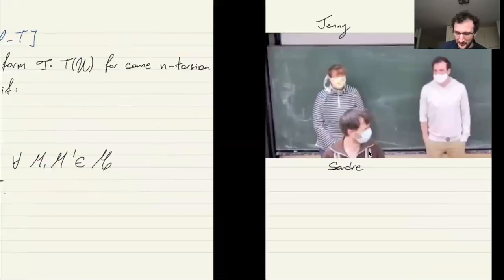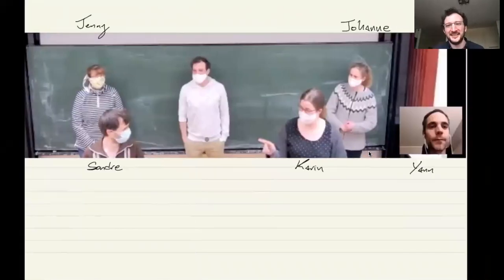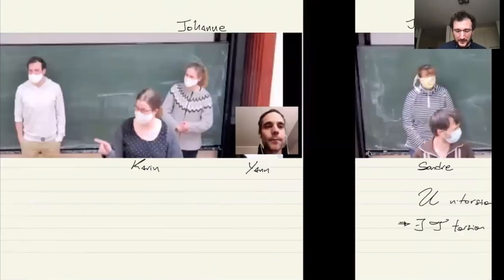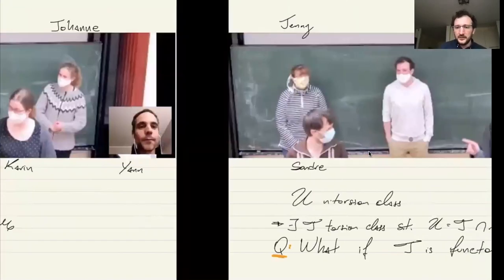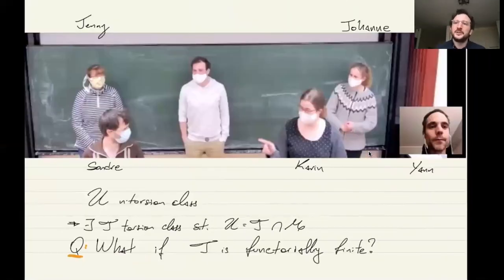And in September, I came to Bonn and I had the possibility to meet and collaborate, socially distancing, with these nice people: Jenny August, Sondre Kvamme, Karin Jacobsen, Johanna Haugland, and Jan Palou. We were part of a group called tau-tilting theory and higher homological algebra. So we said, okay, we have that any n-torsion class is the intersection of a torsion class with an n-cluster tilting subcategory. So the question that we asked, and the starting point of our collaboration, is: